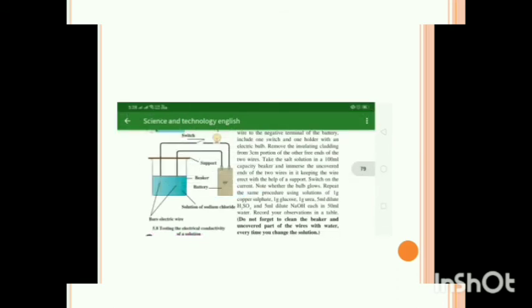So why does the electric circuit get completed on immersing the electrodes in certain liquids or solutions? In order to understand this phenomenon, let us look more closely at the solutions in the above activity, which were found to be electrical conductors. For that, we have to study the next topic, that is dissociation of ions and electrical conductivity, which we will study in the next class. So today's home assignment is you have to complete these reactions, and also you can draw this diagram.